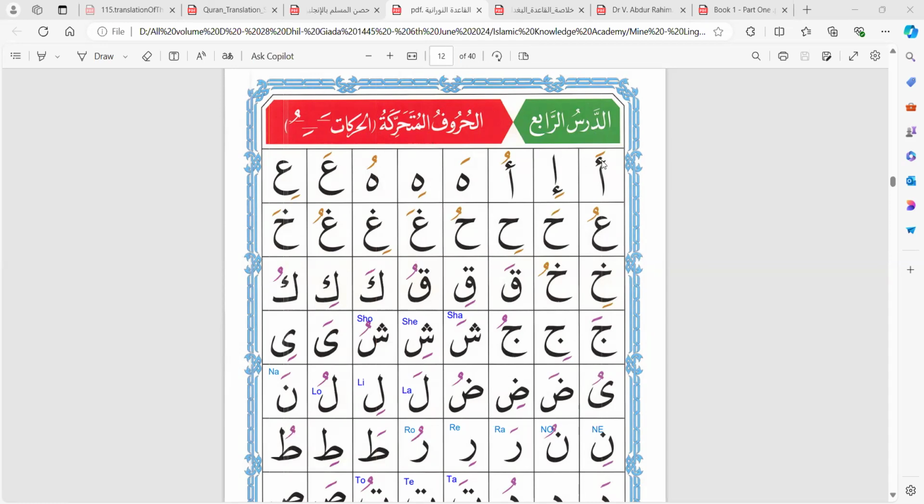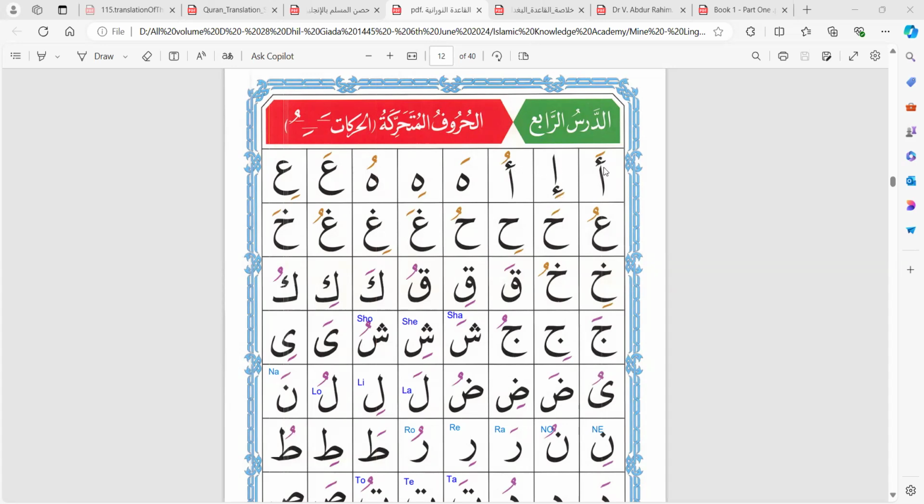that we put فتحة, a bar over the letter, or كسرة, a bar under the letter, or ضمة, a circle thing over the letter. So when I use فتحة, I open my mouth. When I use كسرة, I try to bring the letter down. When I use ضمة, I try to make my lips rounded.